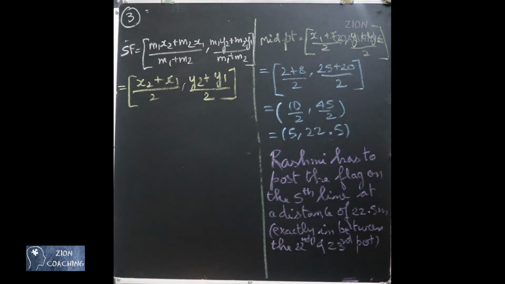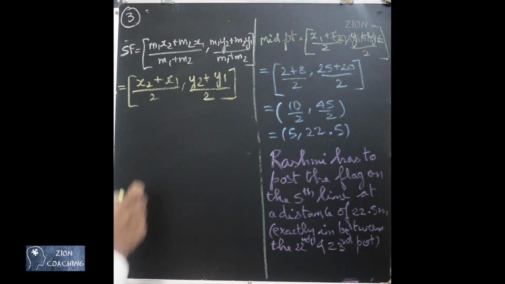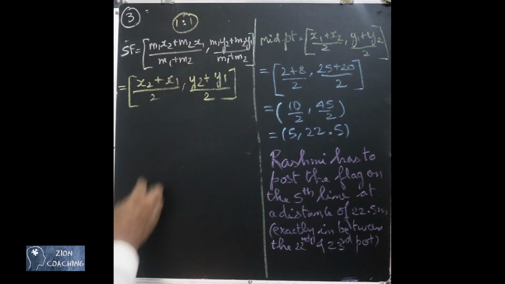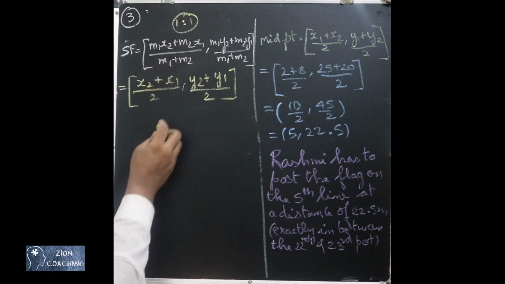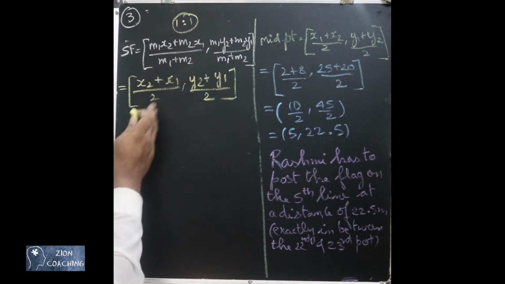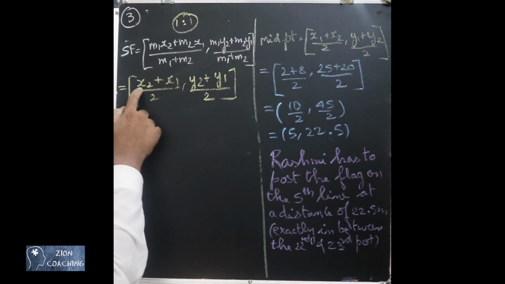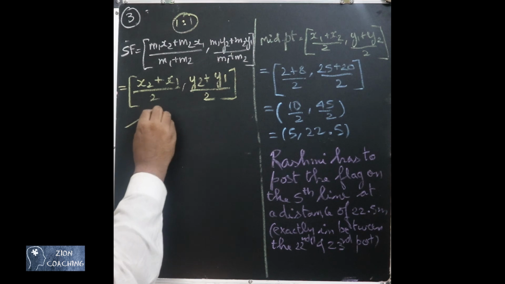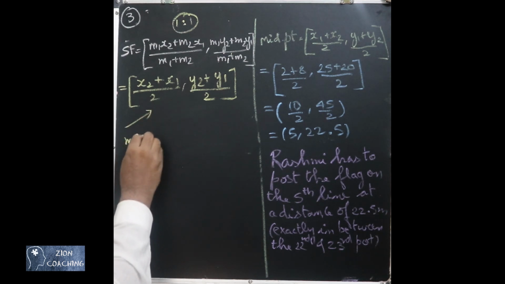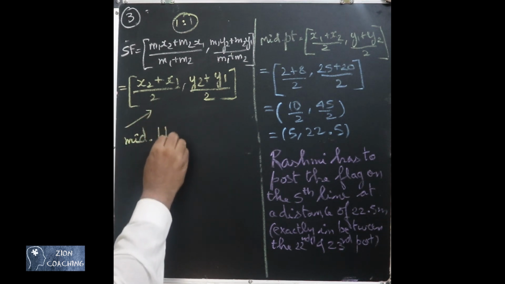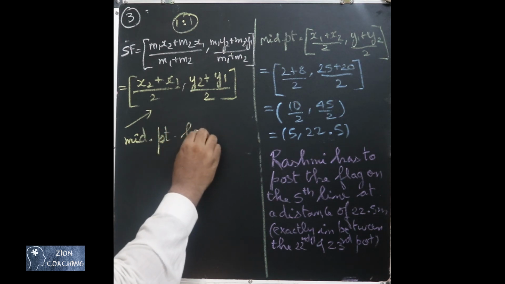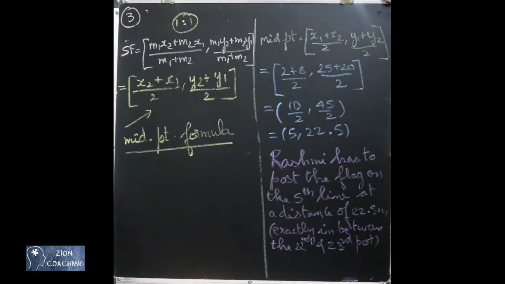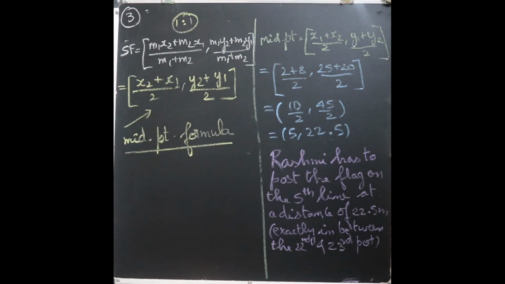Since it is the midpoint, the ratio is going to be 1:1 in the case of midpoint. So when you substitute 1:1 for m1 and m2, this is what you get. That is what we have written there. It is going to be (x1 plus x2) by 2, (y1 plus y2) by 2. This is your midpoint formula. So when the section is going to happen exactly at the midpoint, instead of the section formula, you can replace it with the midpoint formula.